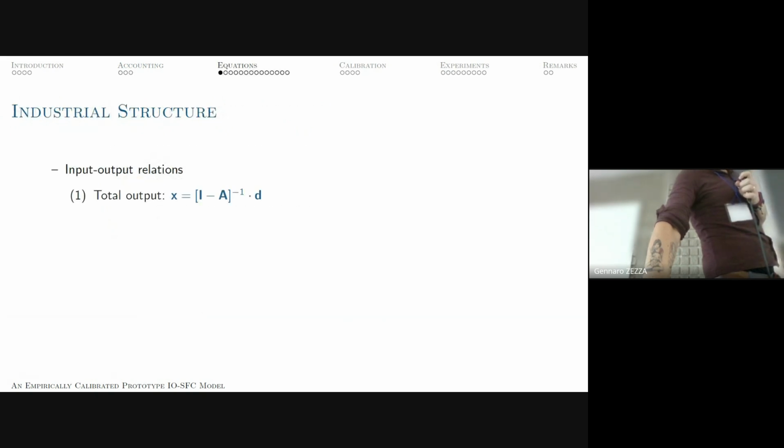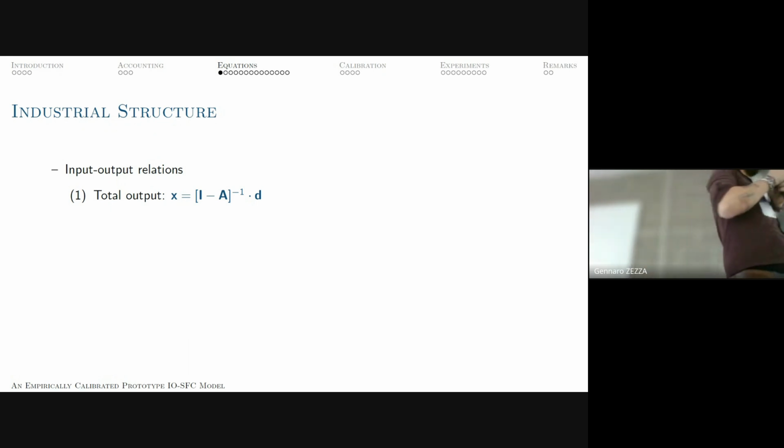So let's talk about the equations that are implied by the code. I wanted to show you the code actually, but so we discuss the math instead. The input-output structure of the model is quite standard. So gross output is determined based on final demands for products. Obviously, bold variables are matrices or vectors.